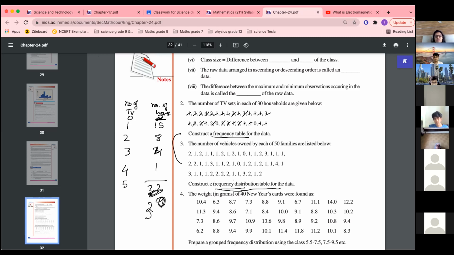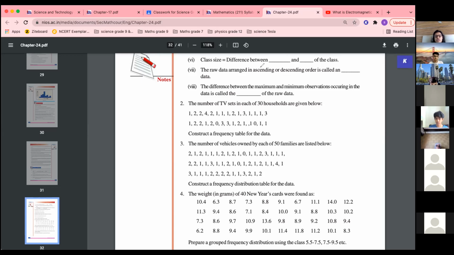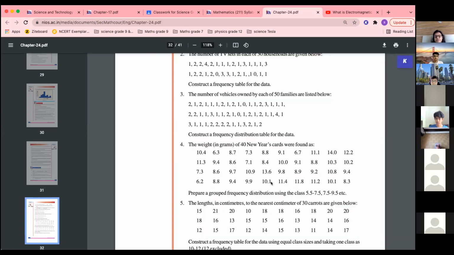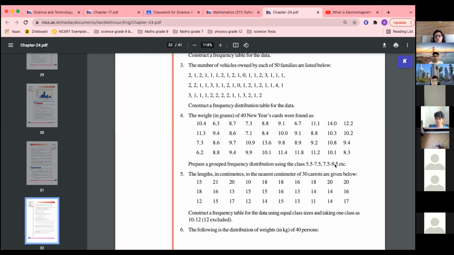These two questions are similar. Here they have asked for a grouped frequency distribution using classes, and they have given that it should start from 5.5 to 7.5. Let us see, 5.5 is the smallest. That means there is a gap of 2. Okay, you have to keep a gap of 2. Understood? So the same way you have to do. You can do these questions. Is there any doubt in solving these questions? No, ma'am. You can do it now.